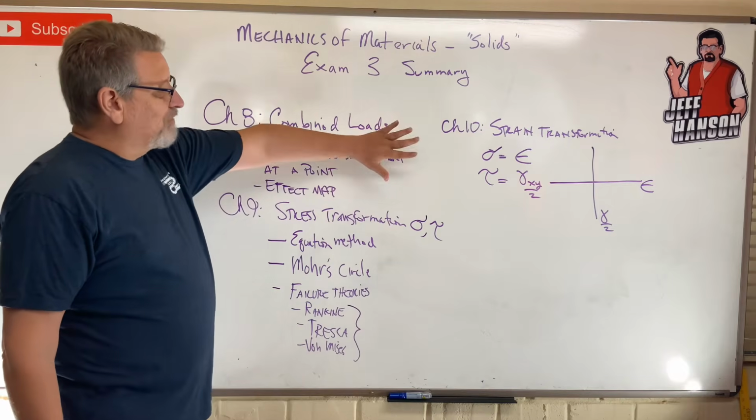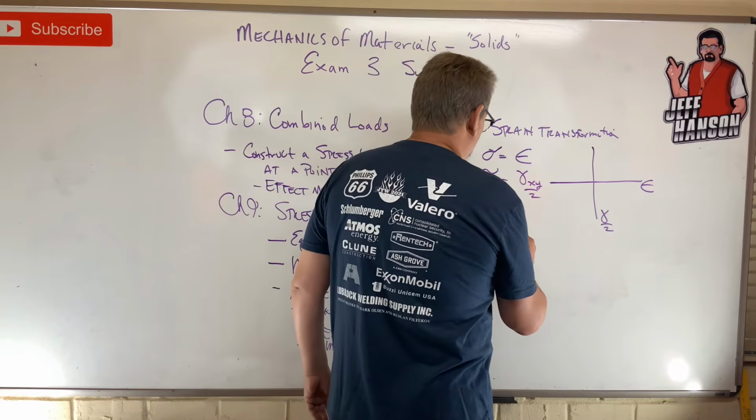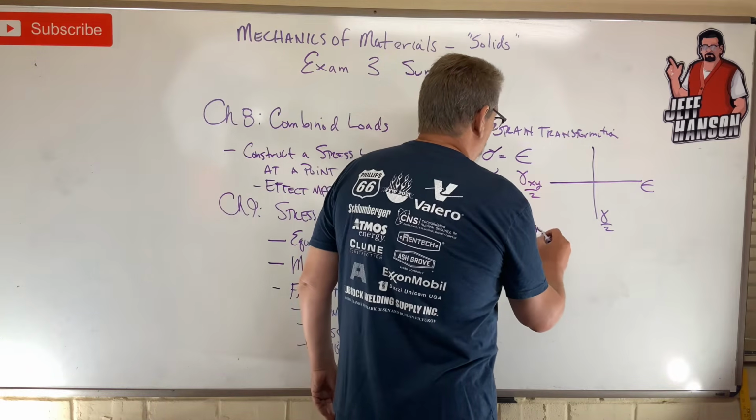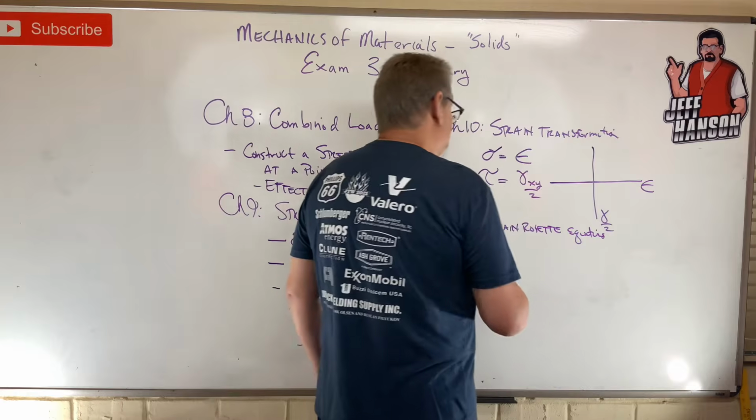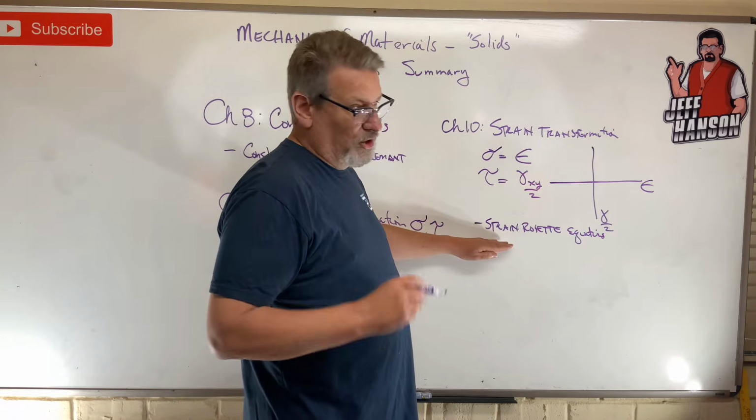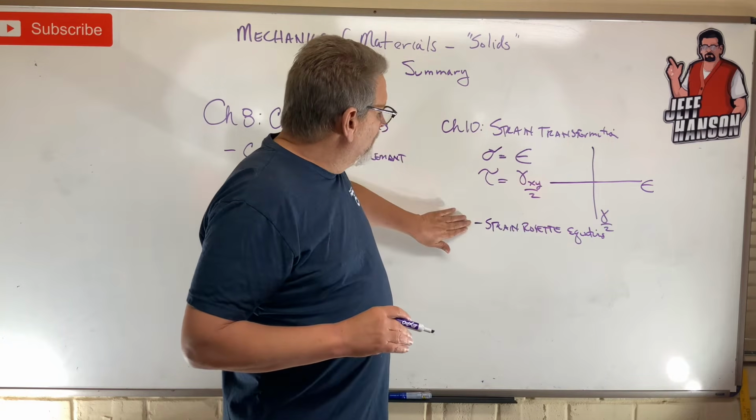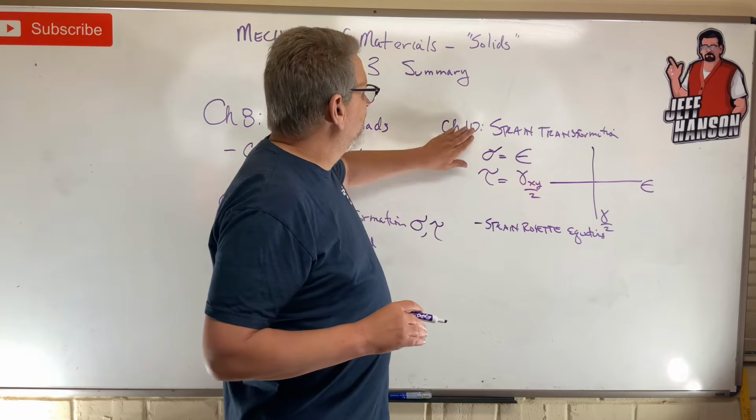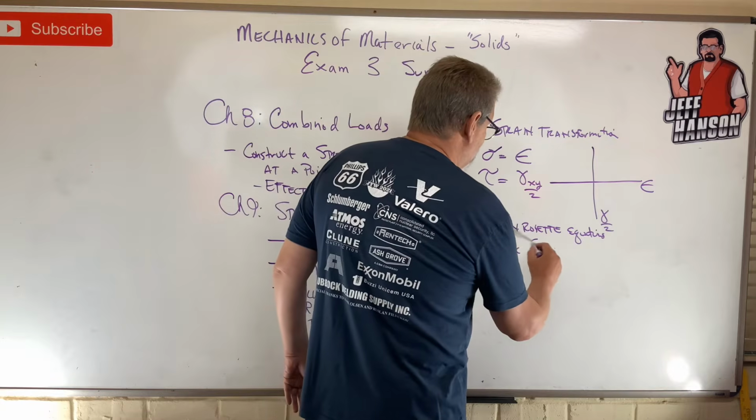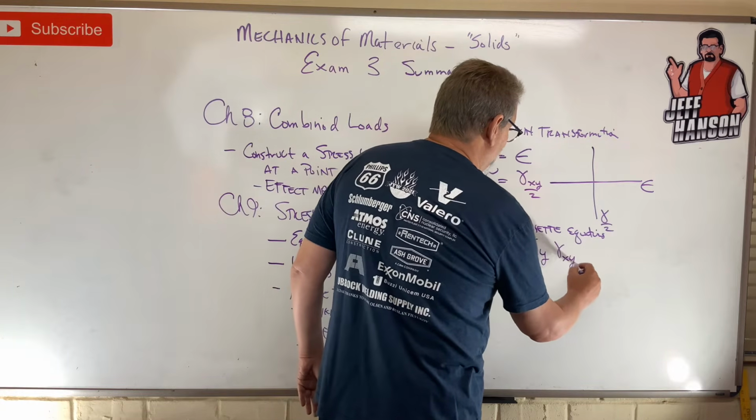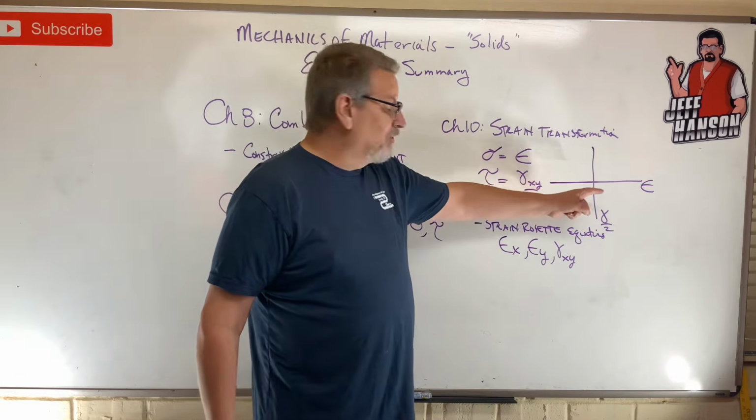So, now in strain transformation, there was one more nifty thing that we learned, and that was the strain rosette equations. Okay? There's 3 of those, right? There's 3 equations. Every single one of them is exactly the same, except one's A, one's B, one's C. But remember how to use the strain rosette equations to calculate strain. Because if I use them to get strain in the x and strain in the y and gamma xy, then I could ask you on the test, okay, take those things, and then from Mohr's circle with those values,